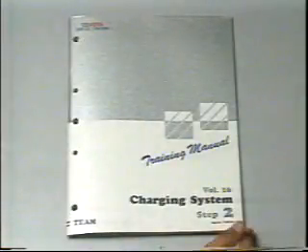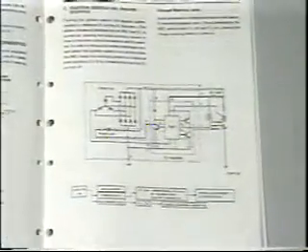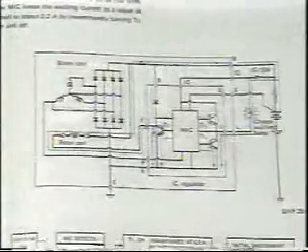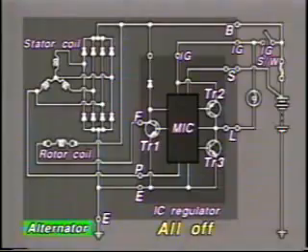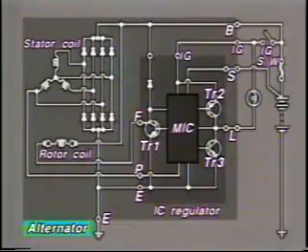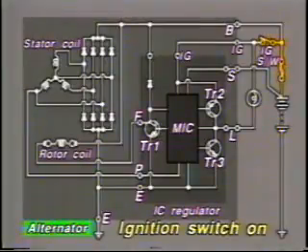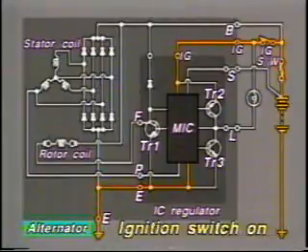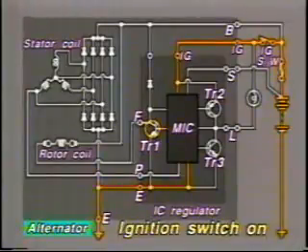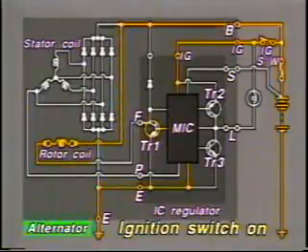Next, we will explain the operation of the charging system using a circuit diagram, focusing especially on the current generated by the alternator and its control by the regulator. When the ignition switch is turned on, current from the battery flows to the IG terminal. The MIC senses this and turns transistor TR1 on. As a result, the current from the battery goes through the terminal B to the rotor coil, which is consequently